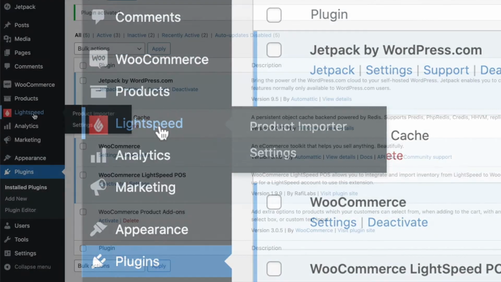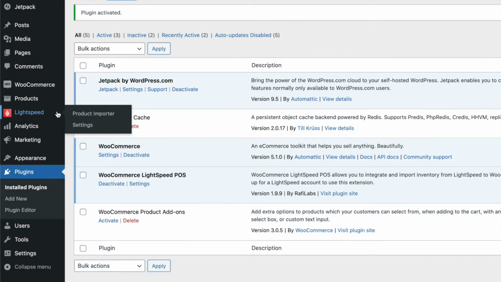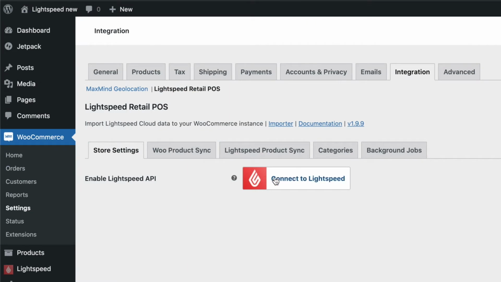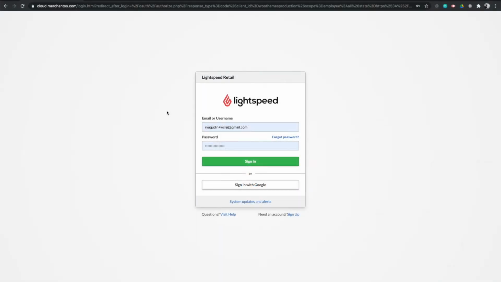So in order to start the integration, we have to go to the settings page, and not much to it. There's just a big red button that says connect to Lightspeed. So let's go ahead and do that. And make sure again that the username that you are going to use here is either an admin or an owner on your Lightspeed dashboard, or Lightspeed account rather. So let's click on sign in,